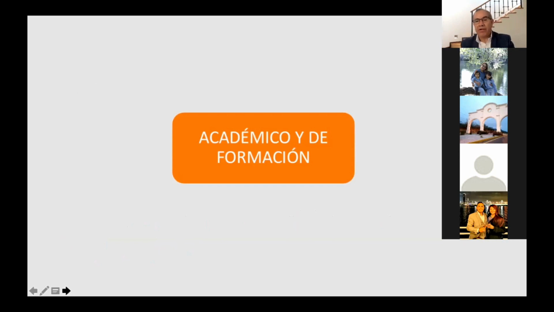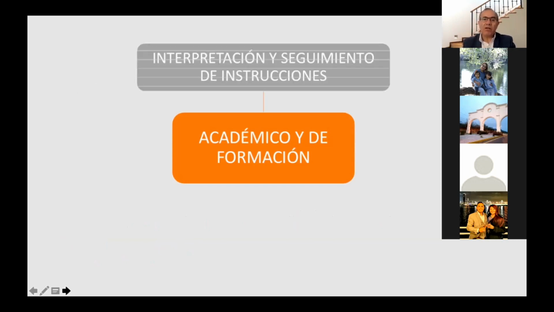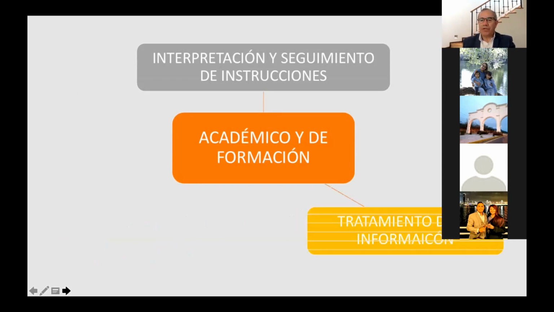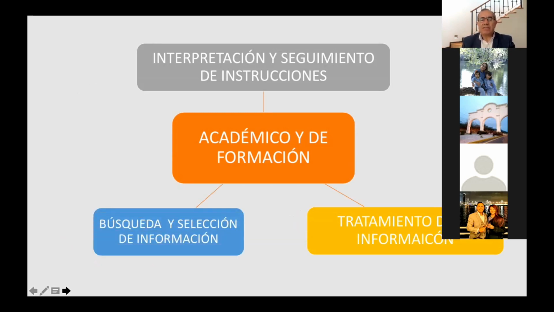Okay, so we have the third environment, Académico de Formación, where they see more instructional things like following a recipe if they are first or second grade, and the achievements are starting to improve as they are going up and up in the upper grades.